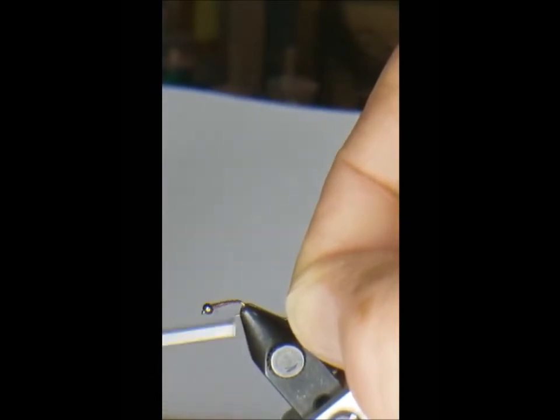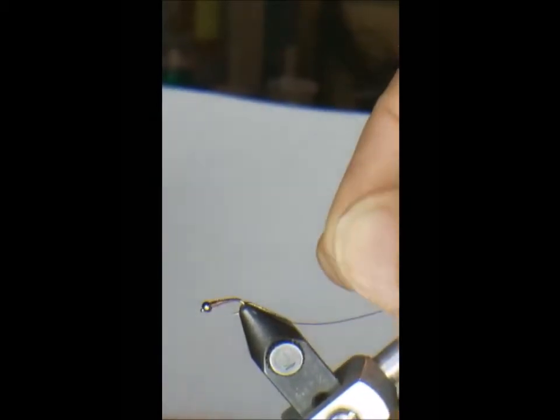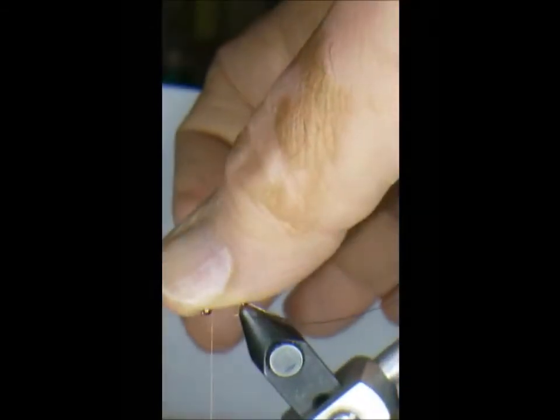And one of the things I want to do is taper this so that as the wire ribbing gets closer to the bead, it gets bigger. And rather than put on anything extra for the thorax, I just make it bigger so that the thread goes up to the size of the bead. Then I put a simple half hitch in it